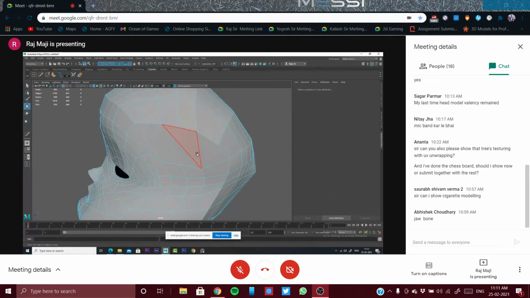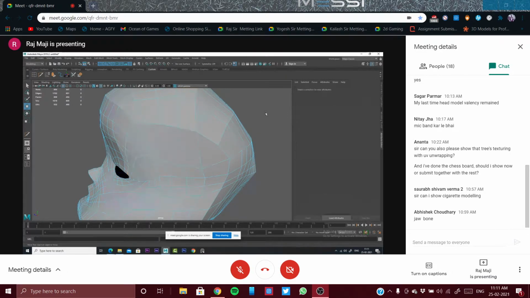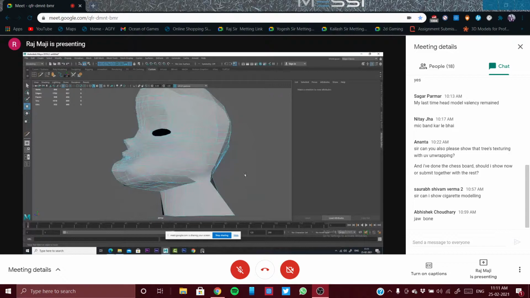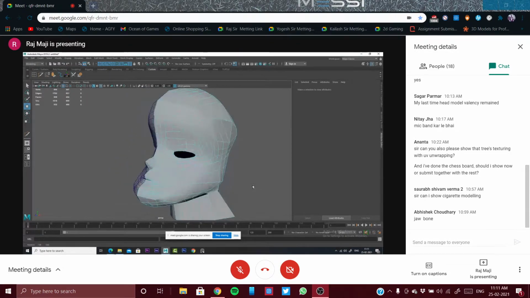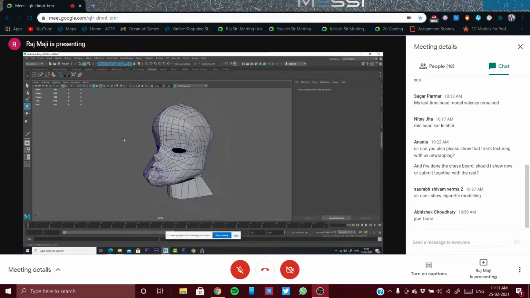So like this you will come to know which face is wrong. So from here it is going towards the other direction. It should go over here. So like this you will understand where is the problem. Okay, I guess you understood. Yes, so continuous loop arc type. Yes.